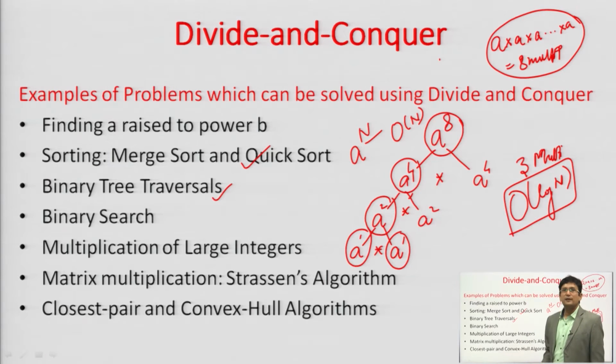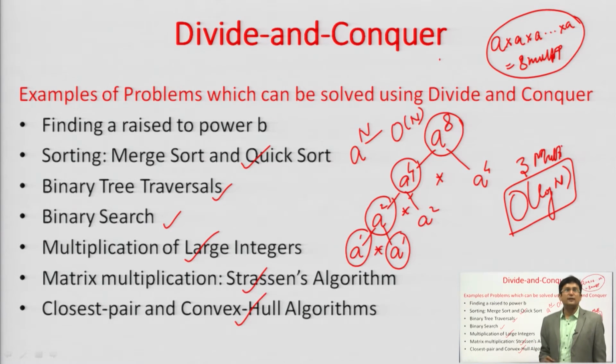The traversals on the binary trees are also an example of the divide and conquer. Binary search approach, wherein we reduce the search area in every iteration, and we are dividing that part into half in each of the iterations. So, that reduces the size of the array in which we have to search the element. Now, multiplication of the large numbers, you can apply the divide and conquer approach there also, and matrix multiplication using Strassen's matrix multiplication.